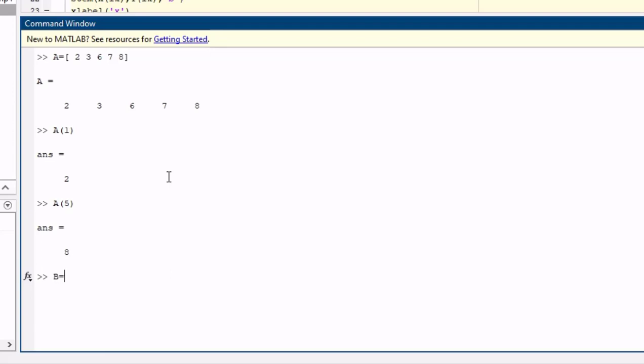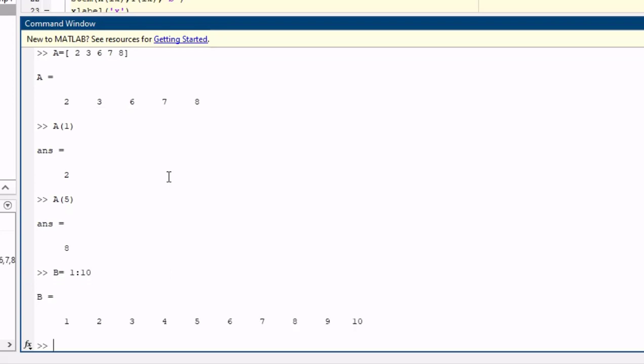If you assign b equal to 1 colon 10, then 1 is the starting value, 10 is the ending value, and the default increment is 1, that is 1, 2, 3, 4, 5 up to 10. So this is a basic thing.